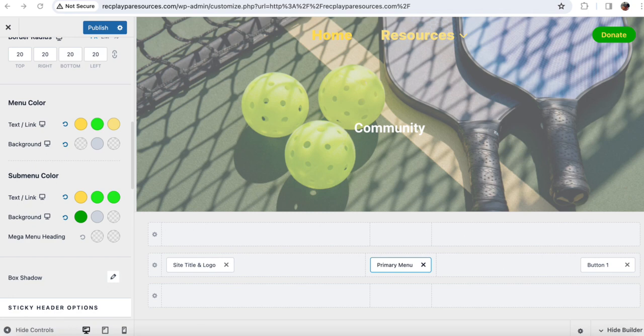Here is another example of how having some basic skill with CSS, experience and knowledge of CSS, can help greatly when customizing themes and building and designing websites, especially on the front end. This is a WordPress website that I'm working on. So I set up this page in this website